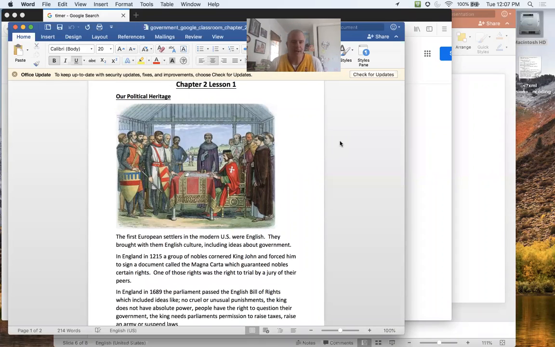And we can go all the way back to 1215. Look, Europe was a place of kings and lords and knights, and 99% of the people being peasants for the 1,000 years after the fall of the Western Roman Empire. But in 1215 in England, there was a moment where King John was forced at knife point to sign a document that said that all nobles had certain rights. And one of these rights was the right to trial by jury.